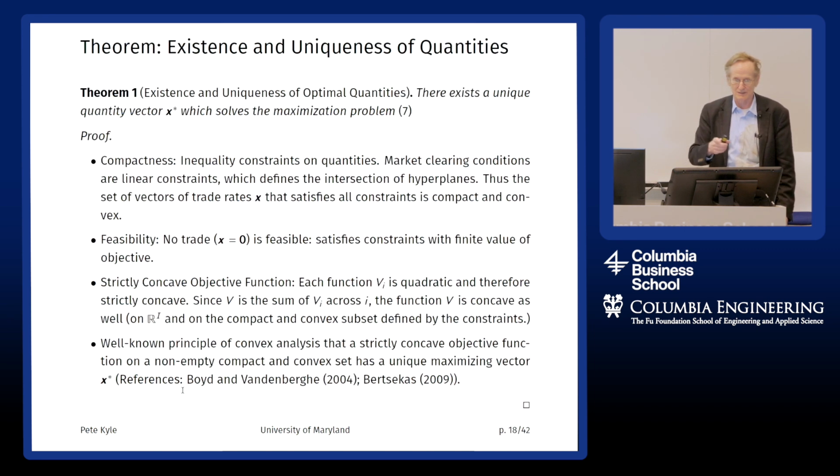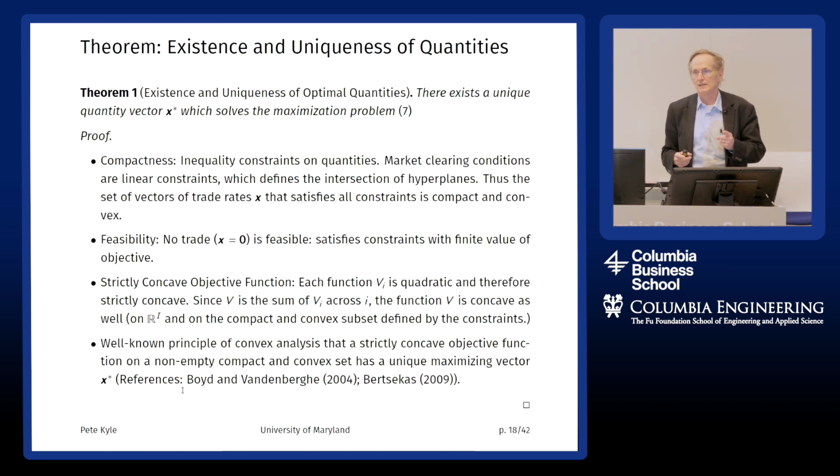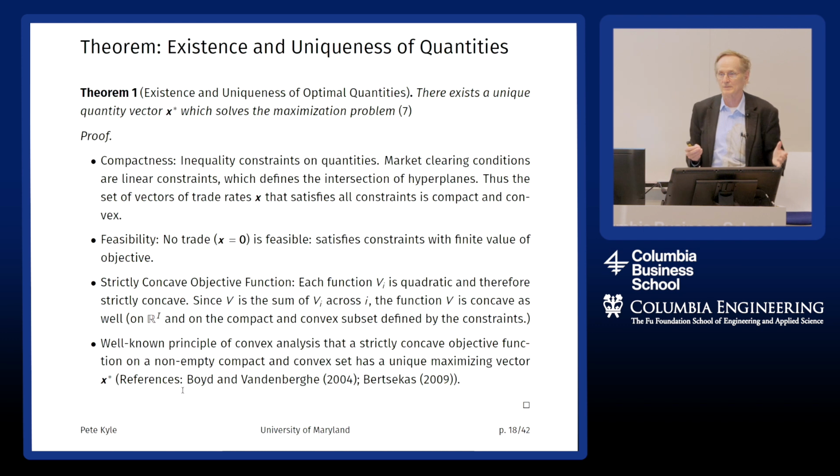So existence and uniqueness, I'm not going to read through the theorem, but basically there exists a unique set of quantities that will maximize the objective function, but the prices don't quite have to be unique. It's pretty obvious that prices aren't going to be unique because suppose you just had one asset and only one order. The order might be a buy order to buy at a price of between 95 and 100. Well, obviously the quantity of trade is going to be 0. Now, any price that's 100 or higher is going to clear the market. So market clearing prices can't be unique. However, they do belong to a compact set.